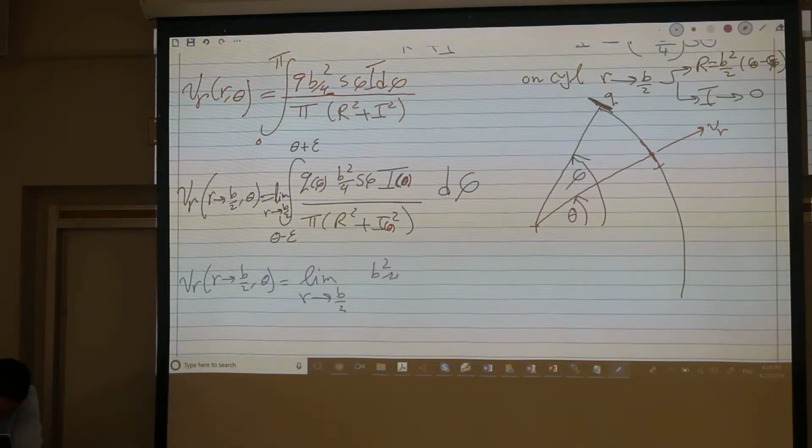B squared over 4 pi. We can get the I outside. So here's I, the integration from theta minus epsilon to theta plus epsilon. So I'm integrating over this very small range around the angle theta. We have here sine phi d phi divided by